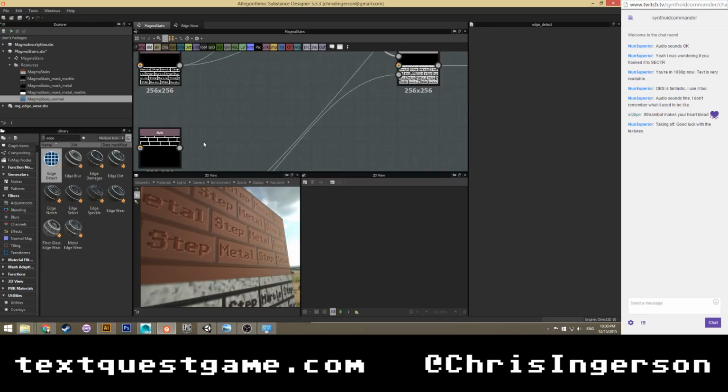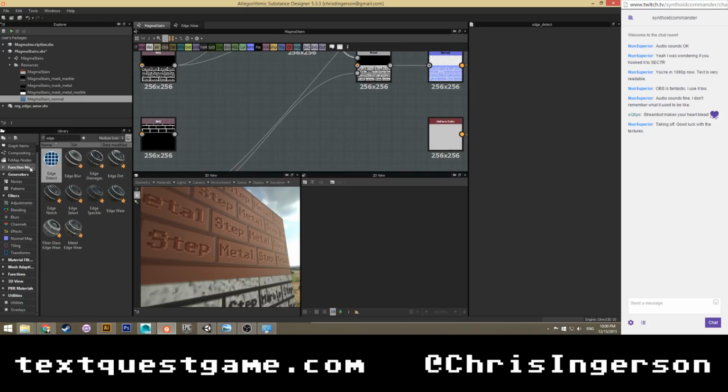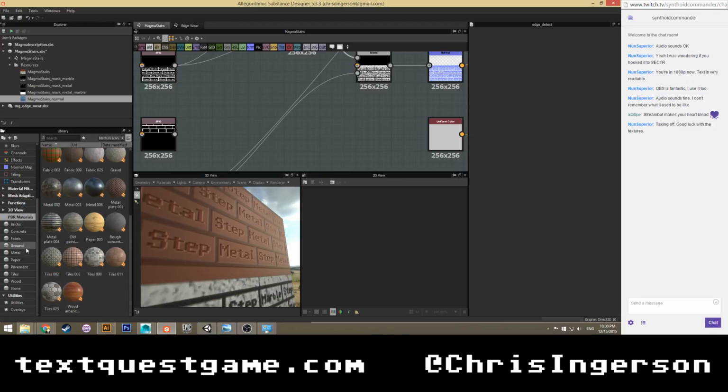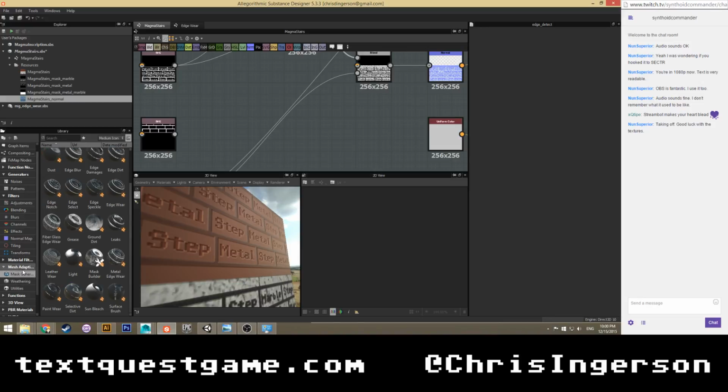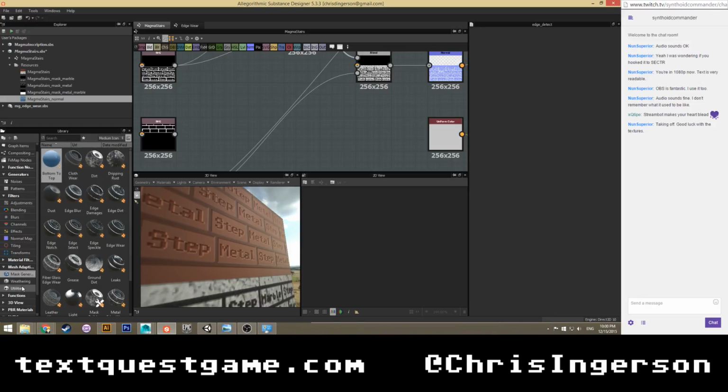All right. Well, PBR materials. No. There we go. Mass generators.